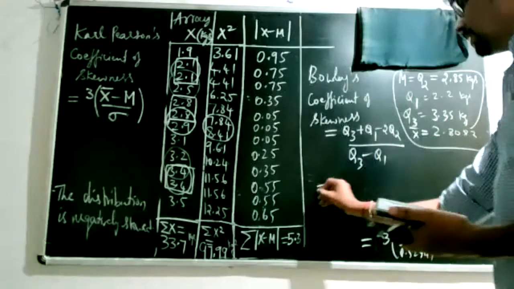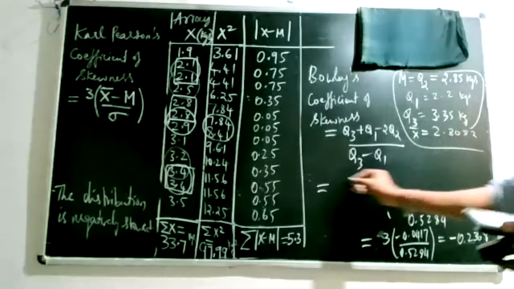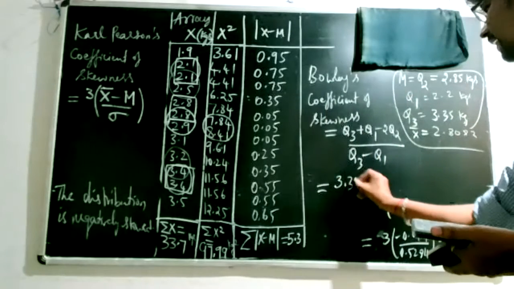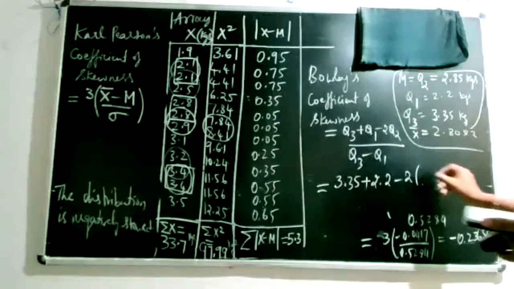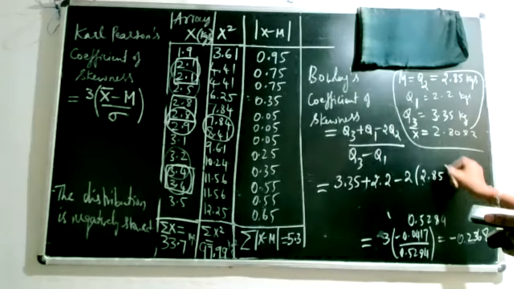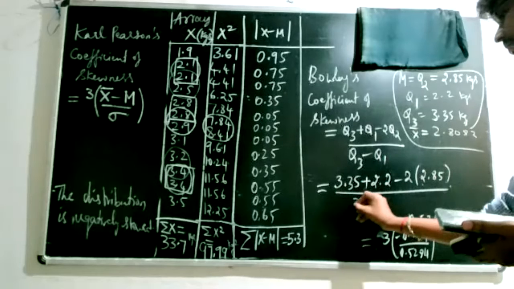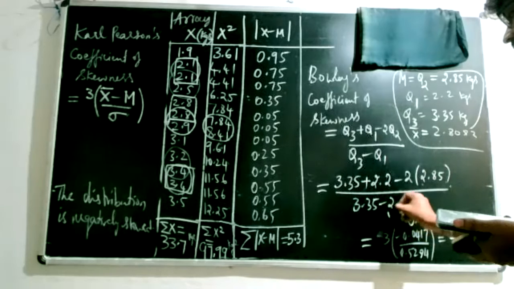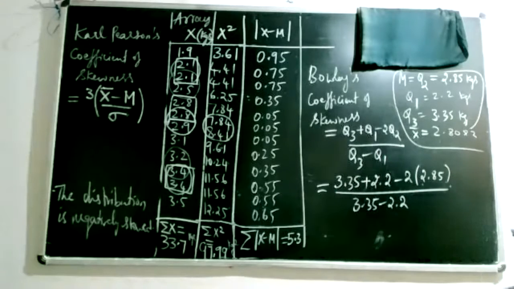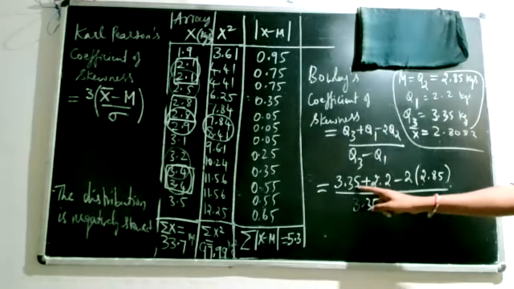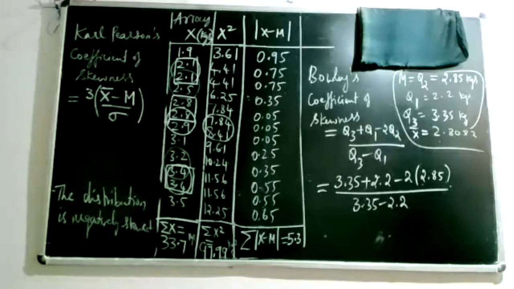So just substitute the values of already computed quartiles. Even in the frequency data, the method of computation of quartiles becomes different, but the Bowley's skewness formula remains the same. First do the multiplication, then addition, subtraction, then the division. Now 3.35 plus 2.2 minus 2 times 2.85, which comes to